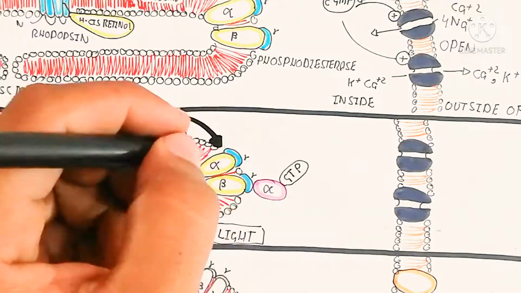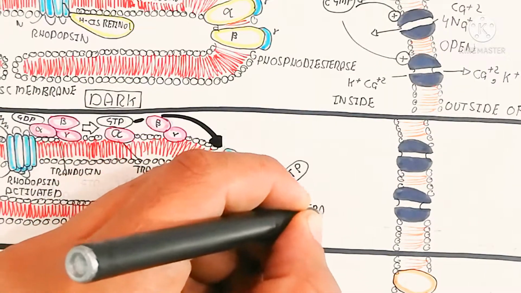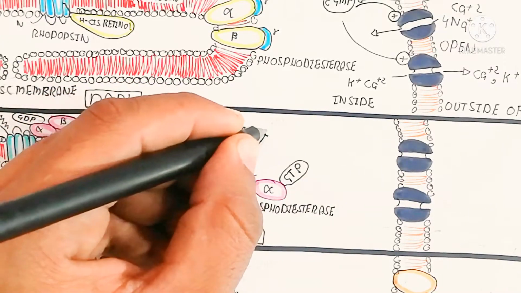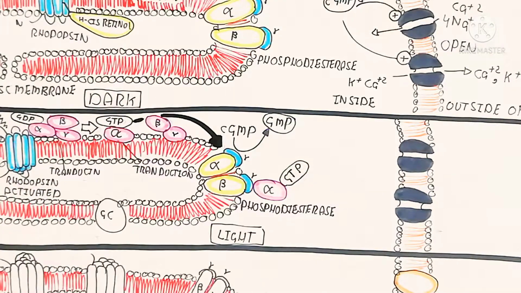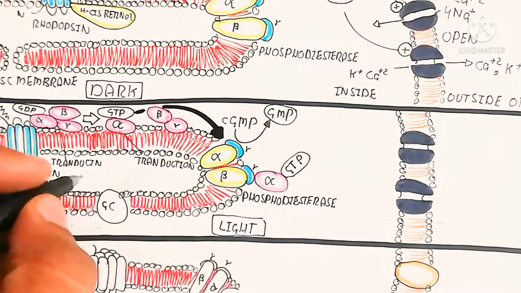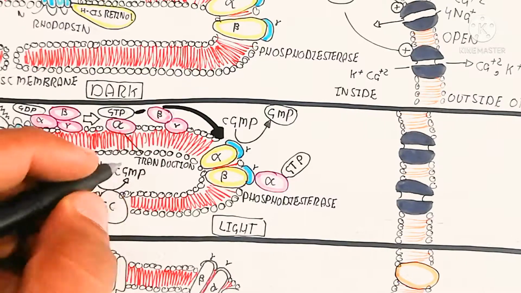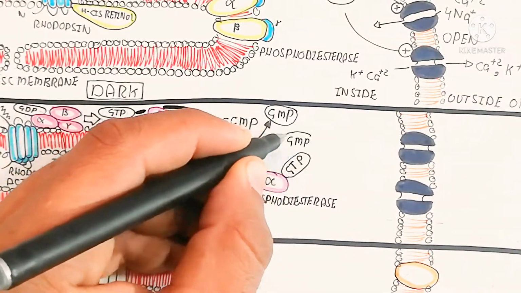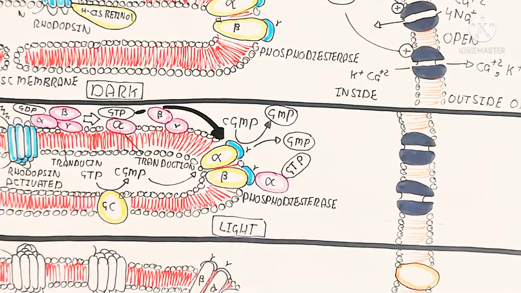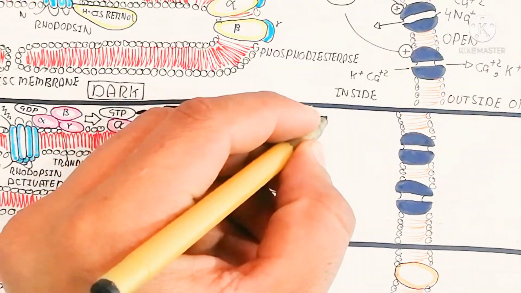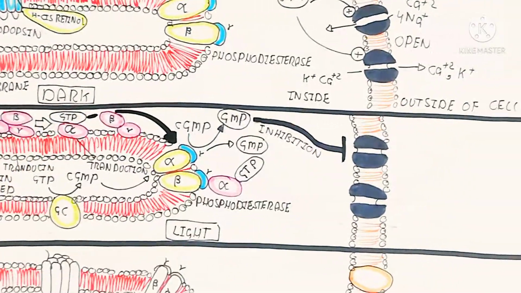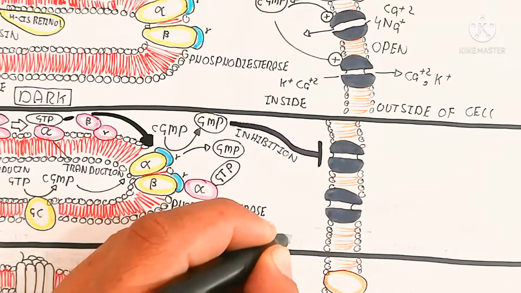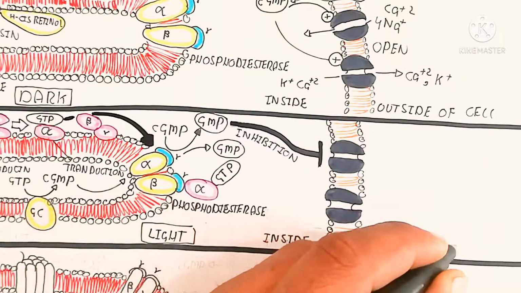After the alpha subunit binds with the GTP, basically the guanosine monophosphate, GMP, will be produced, while the cyclic GMP will also convert into guanosine monophosphate. The guanylate cyclase enzyme is also present here, which produces cyclic GMP, and this is also converted by the phosphodiesterase enzyme. Phosphodiesterase will convert the cyclic GMP to GMP, which will inhibit the sodium influx from the channel, so